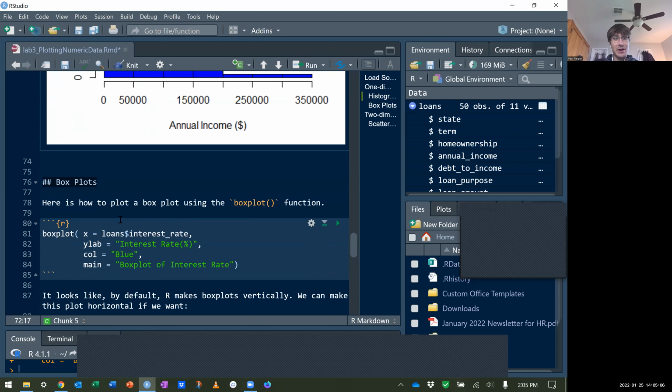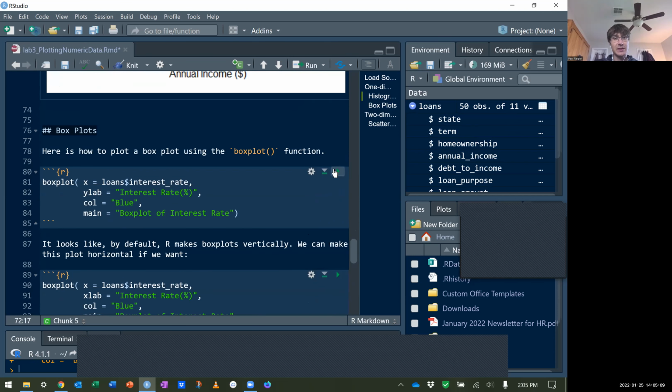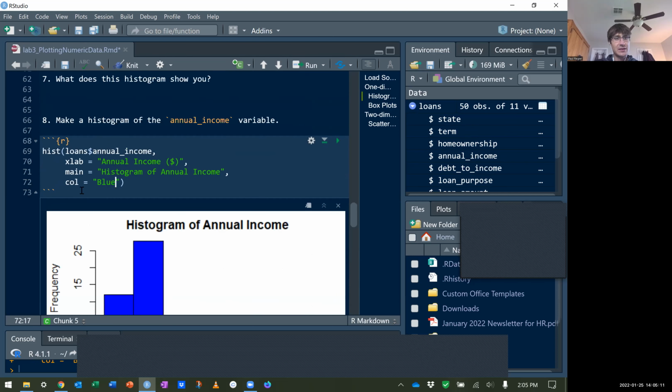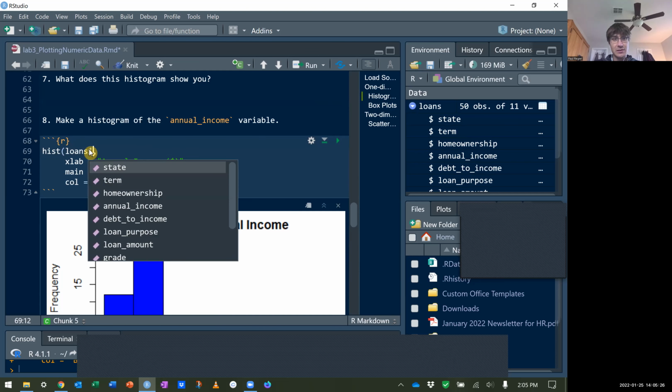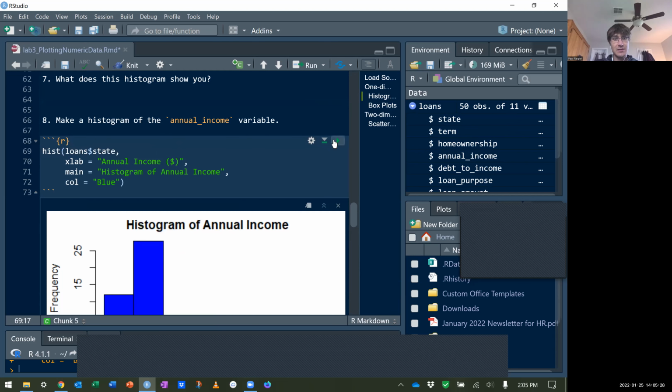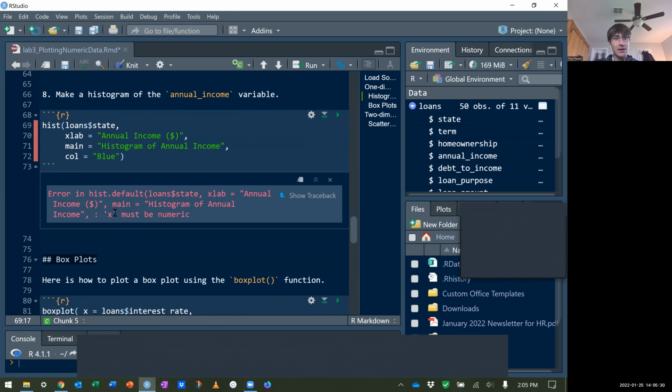Next plot is a box plot. Here's what a box plot looks like. And I didn't really describe the code for this. The code for histogram is hist, and then you have in parentheses a bunch of stuff that tell R what to do. First thing you do is you put your data, but it's got to be numeric. If I put in one of the qualitative variables, like state, look what it says. X must be numeric. X is my data. So look, I put in something that wasn't numeric. You can't make a histogram of a qualitative variable. This is only for